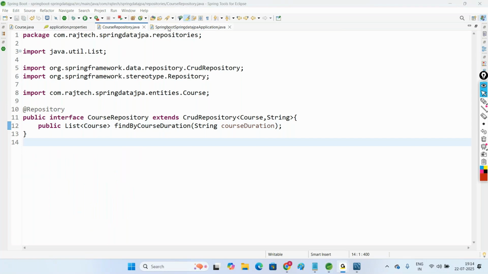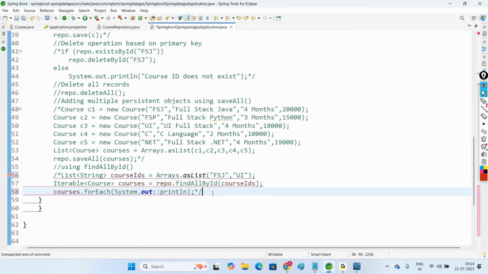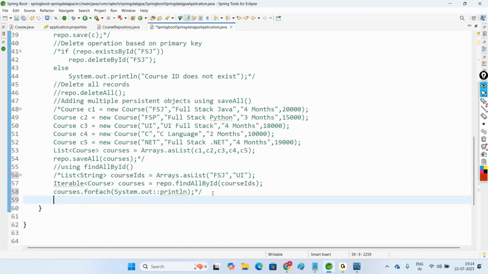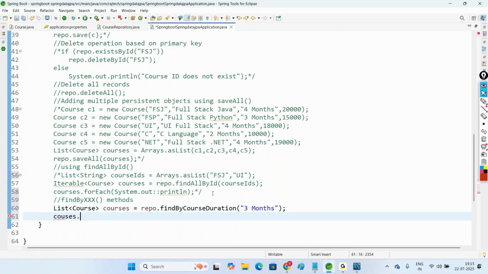Let's check it, coming to our test application. Here we are going to discuss findByXXX methods. XXX means it can be any property name. Now we'll say List<Course> courses equals repo.findByCourseDuration. See, the method is coming here. We'll say 3 months. Then courses.forEach